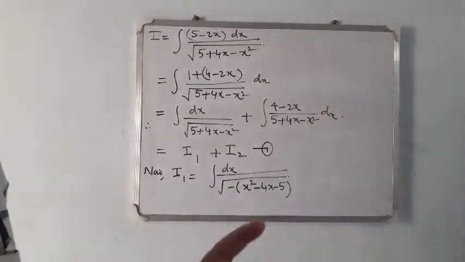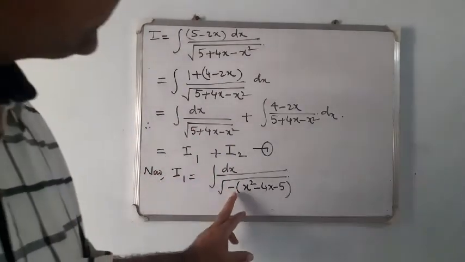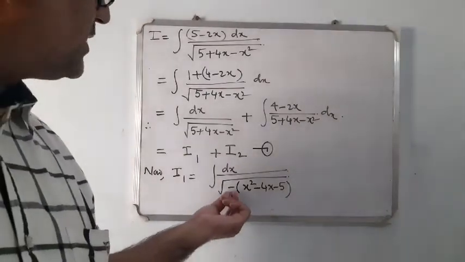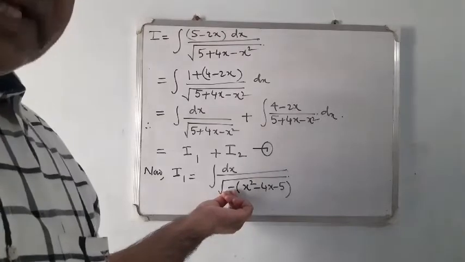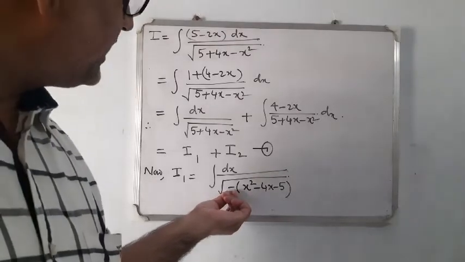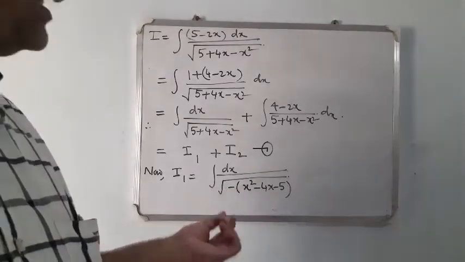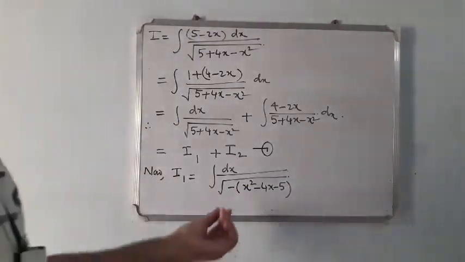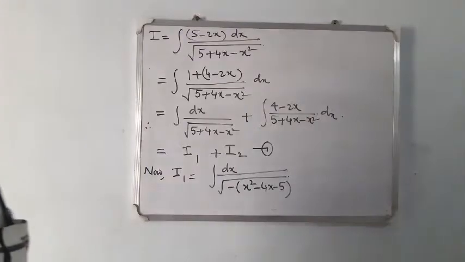One more thing you must keep in mind here, that several boys take this minus outside this radical sign. That is a mistake. Never take this minus sign outside the radical sign, because if you are taking it, this means you are just trying to make it imaginary. So never take this minus sign outside this bracket. This minus will be adjusted here. Within the radical sign you will adjust the minus. You see how it happens?